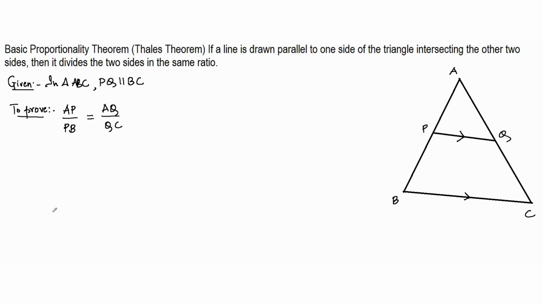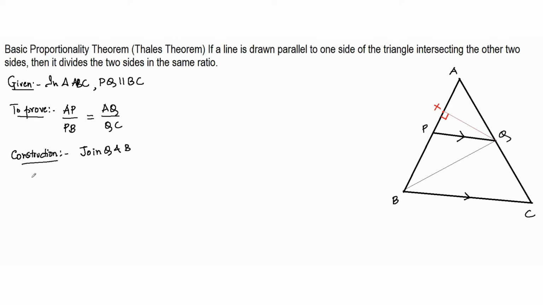So let us see how to prove this theorem now. What I am going to do is join the point Q with B as well as A. So in construction, join Q with B. And now I am going to draw an altitude for the triangle APQ. The altitude from the point Q is going to intersect the line segment AP at some point X. Let's consider this point to be X, and this is the 90-degree altitude.